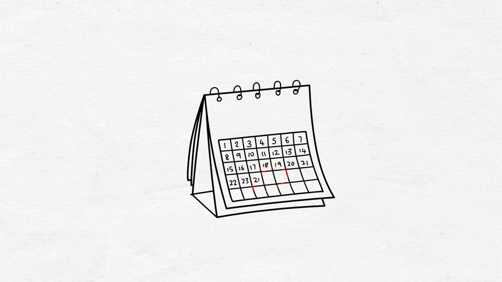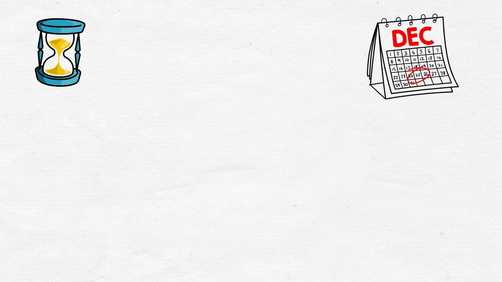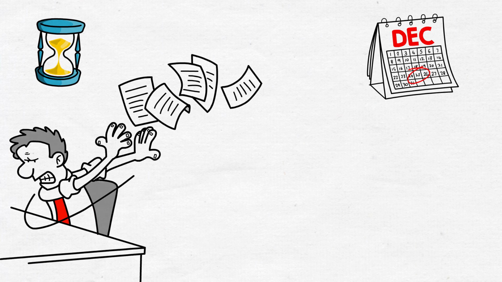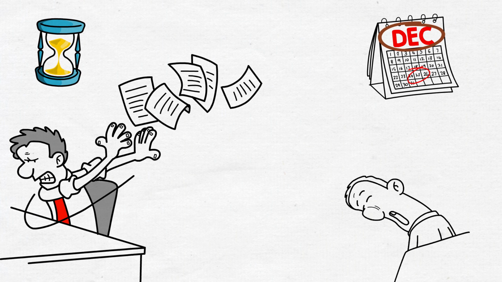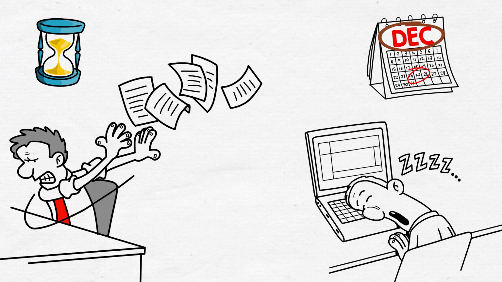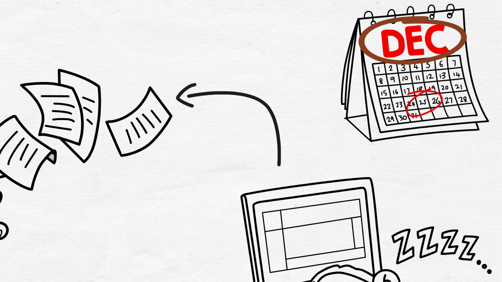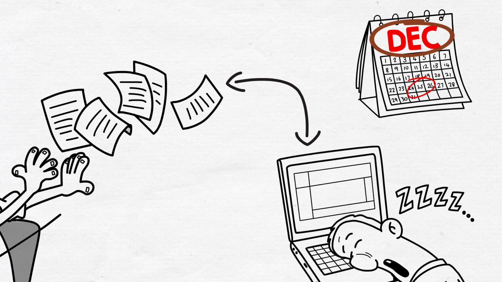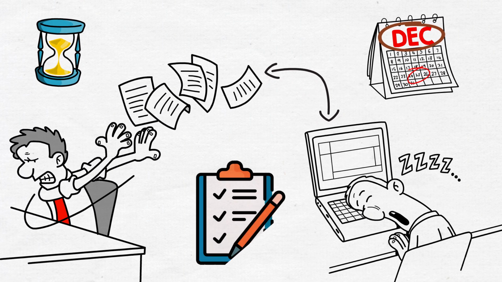When setting a time-bound goal, it's essential to be realistic about the timeline. Setting an unrealistic deadline can lead to frustration and disappointment if you don't achieve your goal on time. On the other hand, setting a deadline that's too far in the future can lead to procrastination and a lack of motivation. To ensure that your time-bound goal is achievable, it's essential to break it down into smaller, manageable tasks